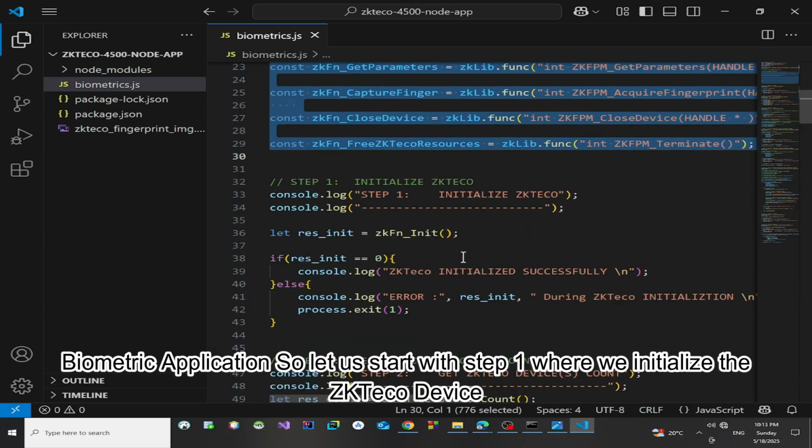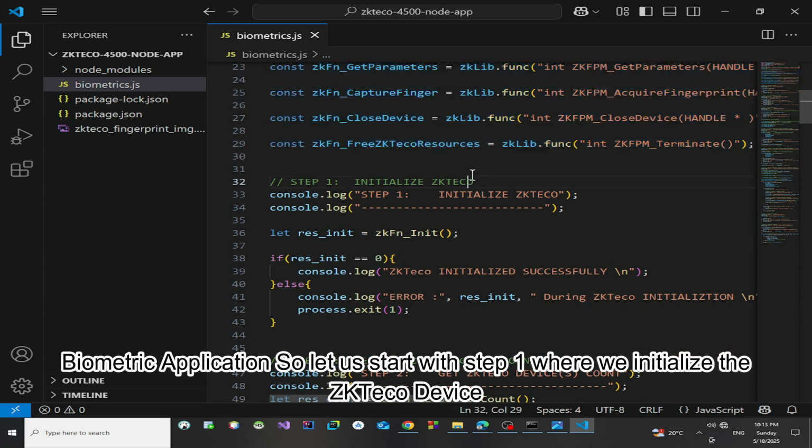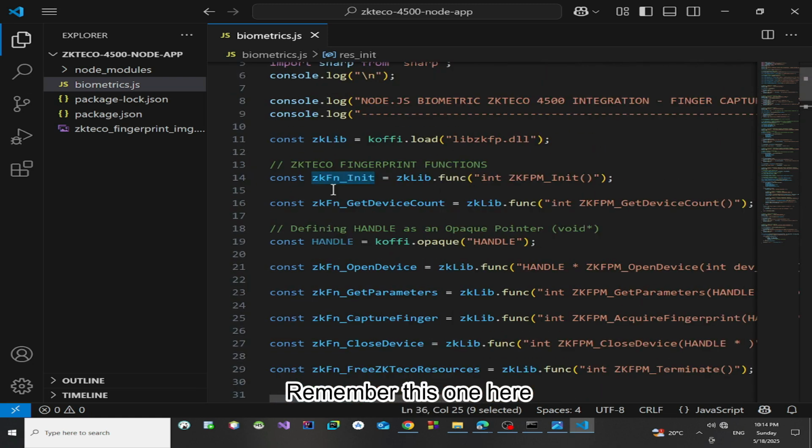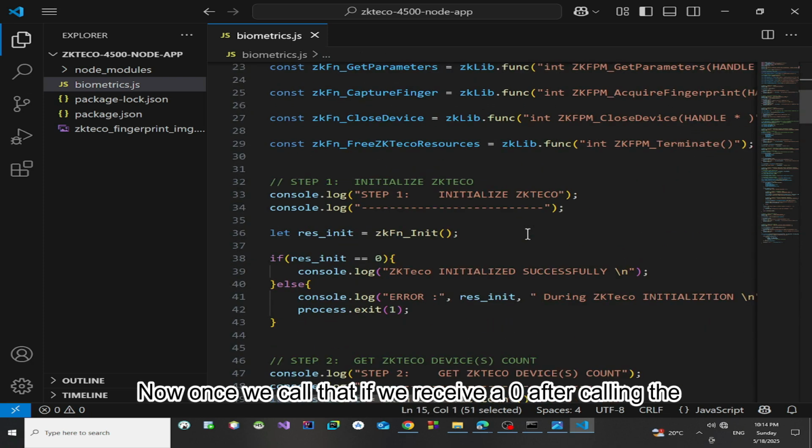So let us start with step 1, where we initialize the ZKTeco device. So in step 1, we call this function here. Remember this one here. Now once we call that,